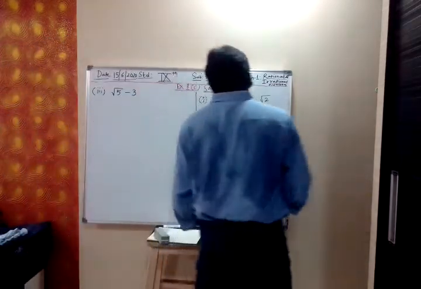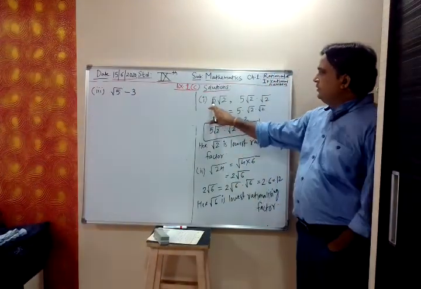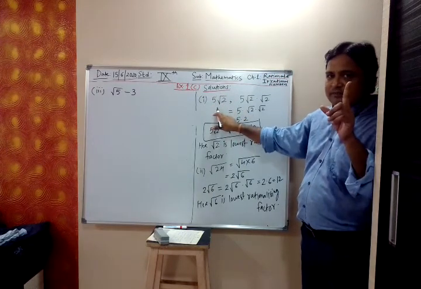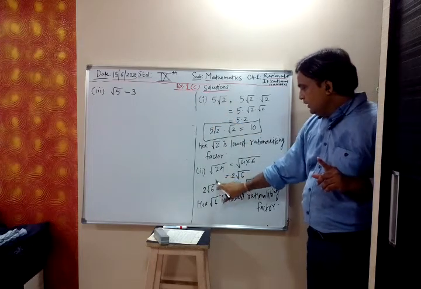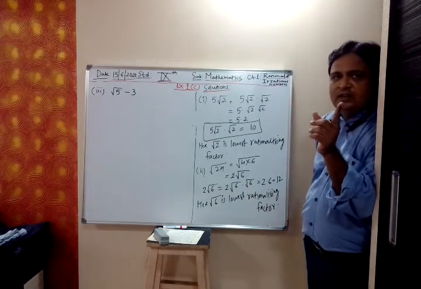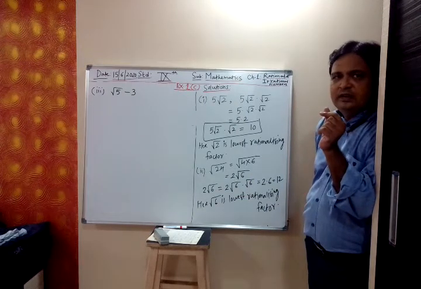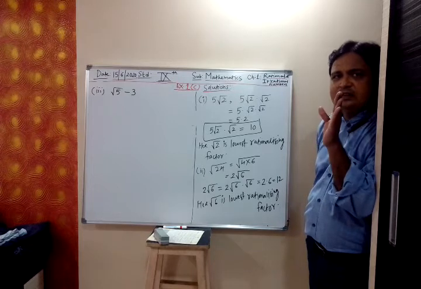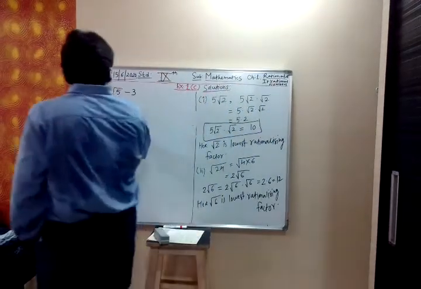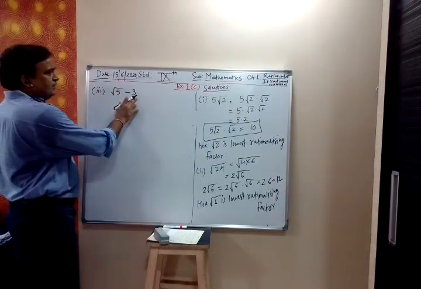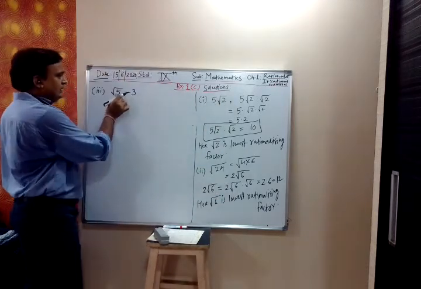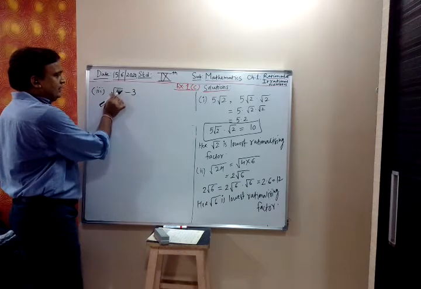Now so far, 5 root 2, this root 2 is one irrational term. Root 24, 2 root 6, root 6 is one irrational term. So when there is one irrational term, then we multiply directly by that irrational term. But when there are two terms, here there are two terms, root 5 and 3. There it is root 2, there it is root 6, but now we have root 5 minus 3. So whenever there are two terms,